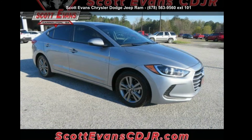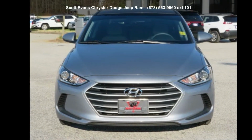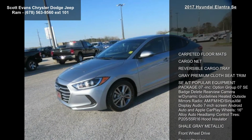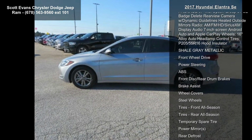Imagine yourself in this Hyundai 2017 Elantra SE. This may be the set of wheels you've been looking for. Some of the top features included with this vehicle are carpeted floor mats, cargo net, reversible cargo tray, gray premium